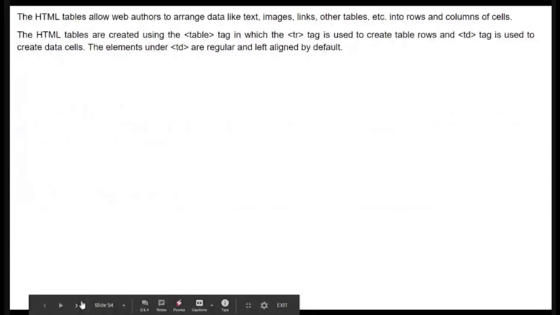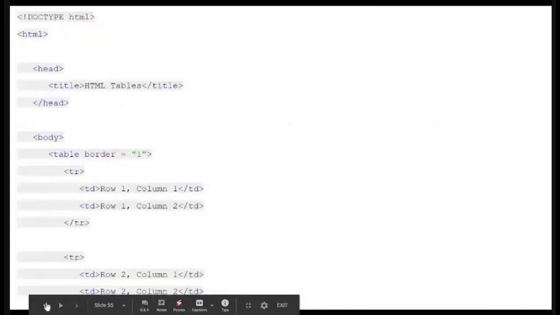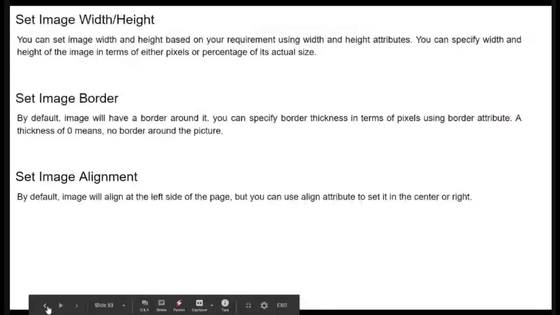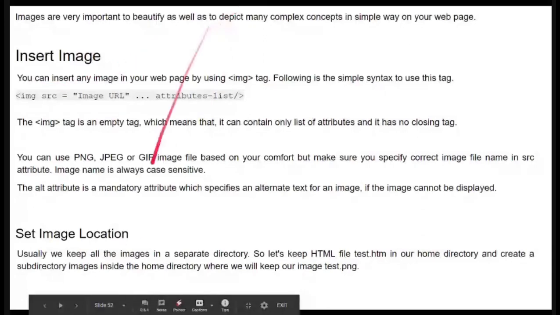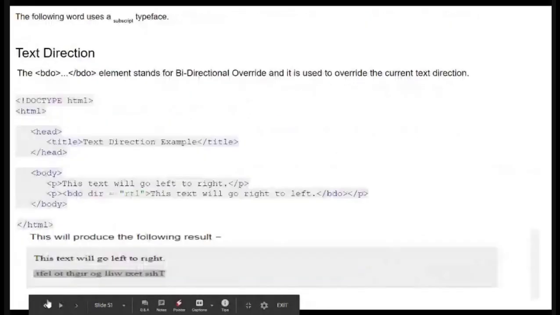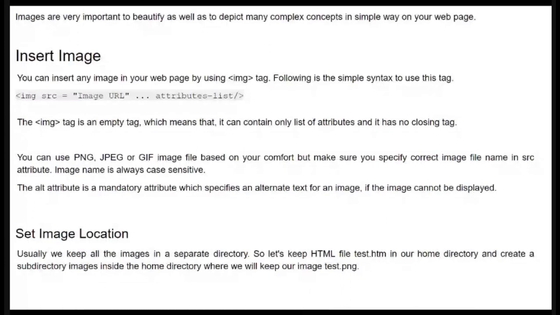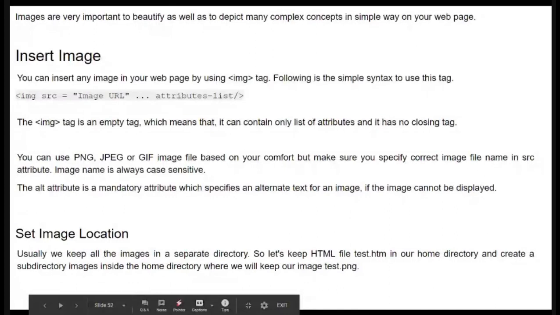Now next, we will learn about tables afterwards. Let's have an example of the image, how we are going to add the image. For adding the image, shall I show you the program?